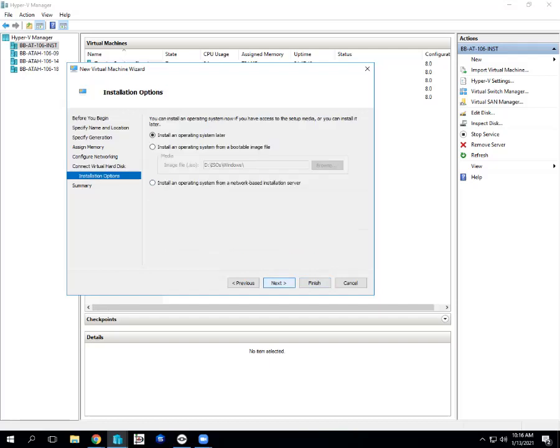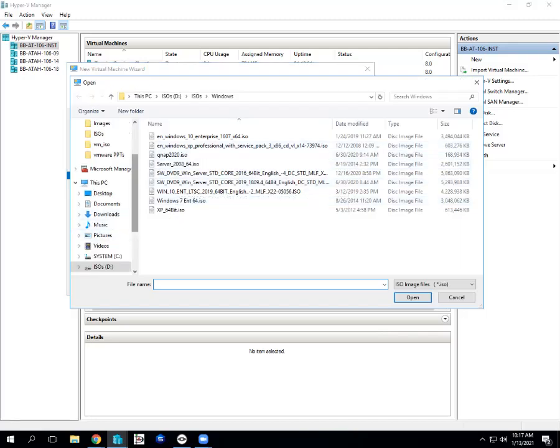The dialog box realizes that since we're creating a blank hard disk, we probably want to install an operating system. We probably want to attach an image of a DVD that would have an operating system installer on it. So we could either install later, install from a network-based source, or we could click this button here and browse for the ISO image to install from. You probably already have C:\ISO from other classes that have used your computer. If you click browse,